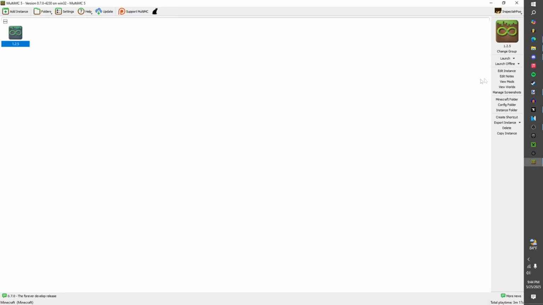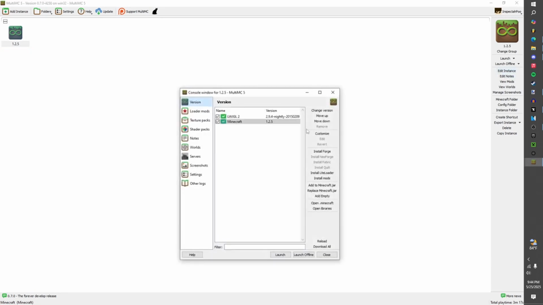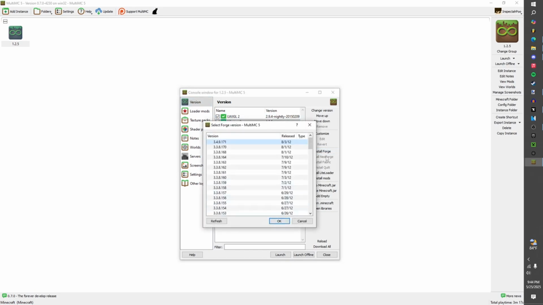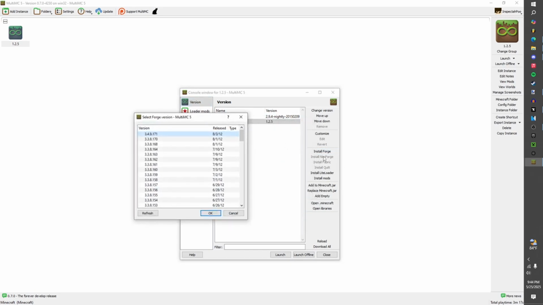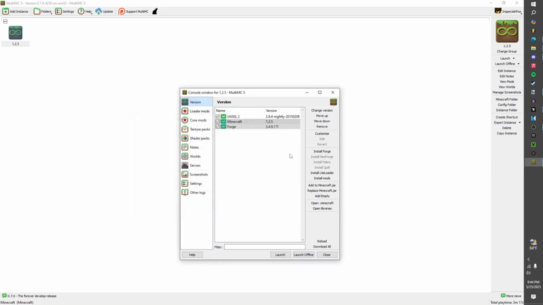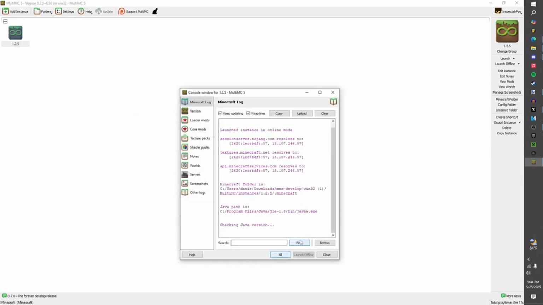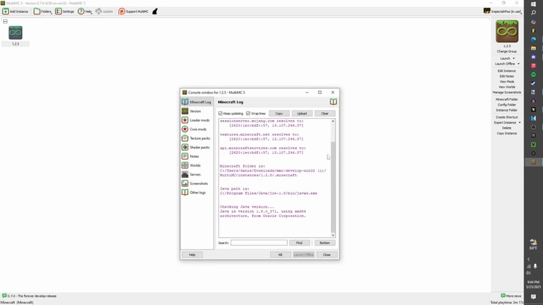Now this doesn't work yet because we have to edit it first. As you see here, this is vanilla. This doesn't have Forge, so you can install Forge right here, or you can install NeoForge for the new versions, or Fabric for the new versions. This is all for the newer versions of Minecraft. This doesn't work for this version, right? So right here is the newest version of Forge for this version, 2012, which is crazy. Press OK, and boom. So now when you load this up, it will take some time, but it should load